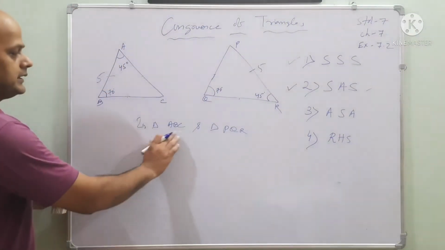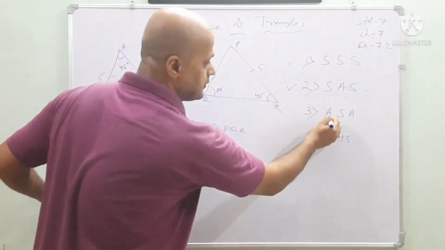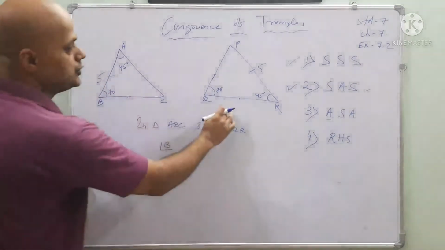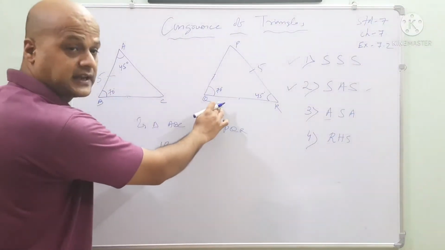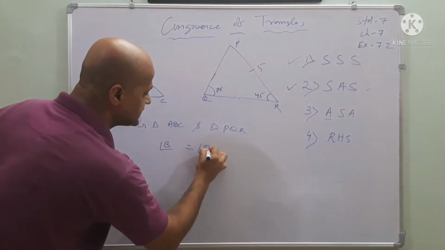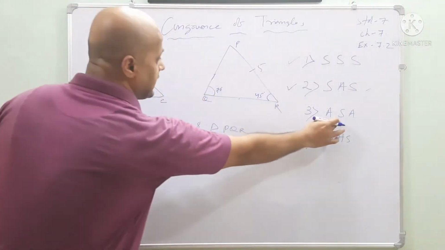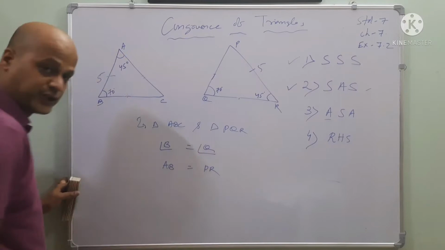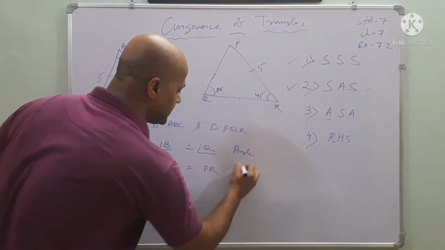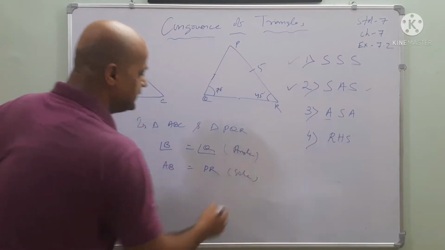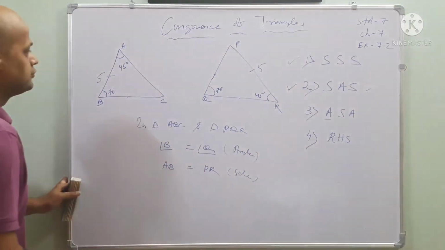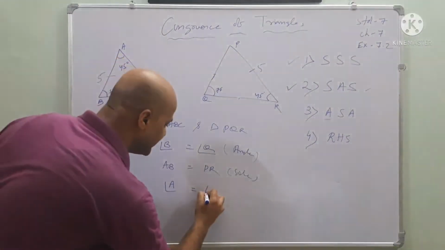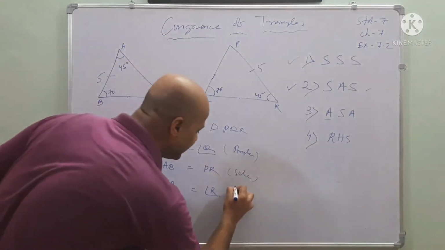Same thing. In triangle ABC, which one first? First one is angle. Angle B is equal to which one? 70 degree. Here in this triangle? Yes. Angle Q is 70 degree. Then side. Which side is given here? AB is equal to PQ. Yes or no? This is angle. This is side. Go for it. The third one. Angle A is equal to which one? Yes. Very good. Angle R. Very good, my dear friends.